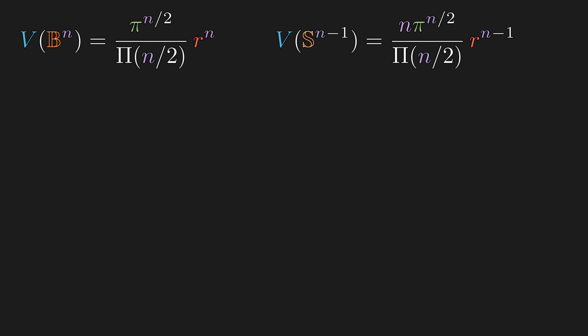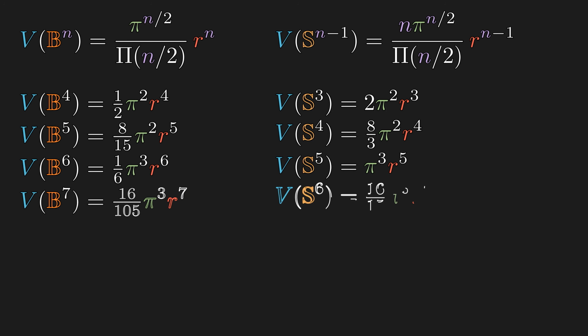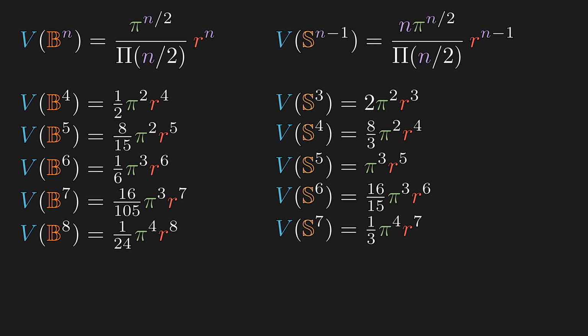Now, let's see what the volumes and the surface areas are for some lower dimensional balls and spheres beyond dimension 3. Higher dimensional geometry is incredibly difficult in general, but some nice properties that work in lower dimensions, such as being able to abuse radial symmetry, work even in higher dimensions. For all intents and purposes, we covered everything we set out to solve.